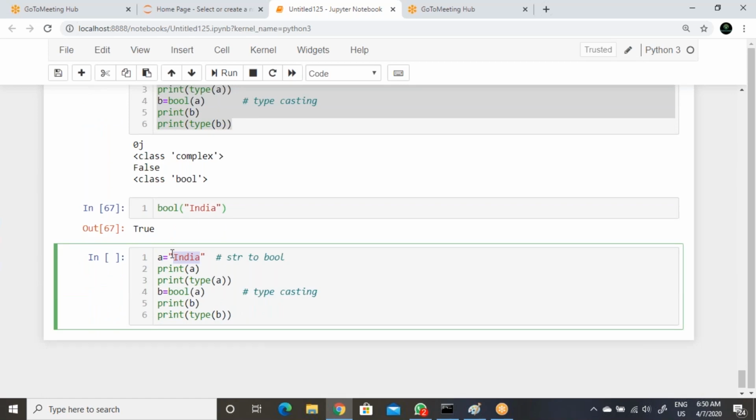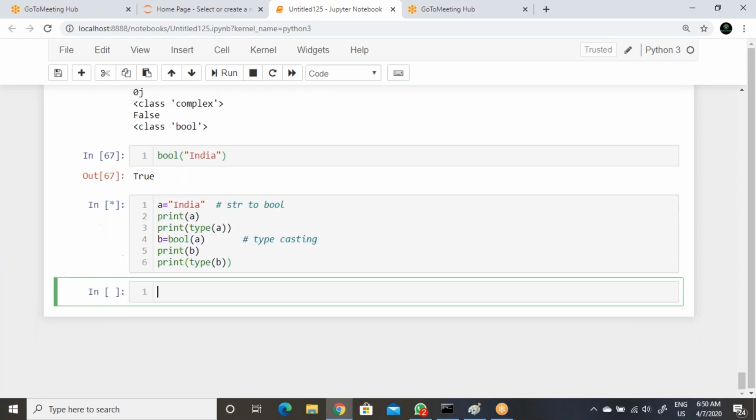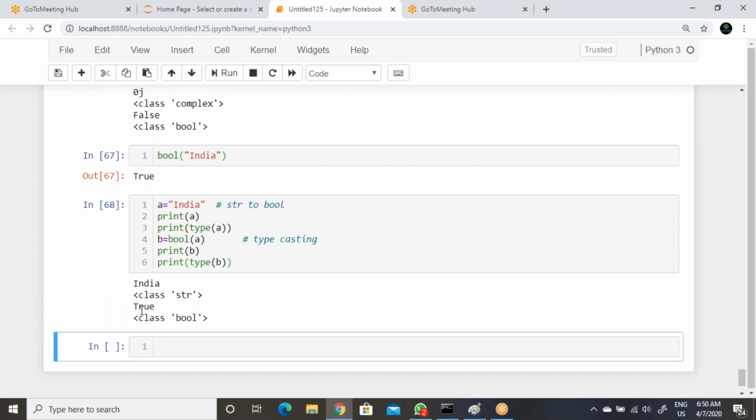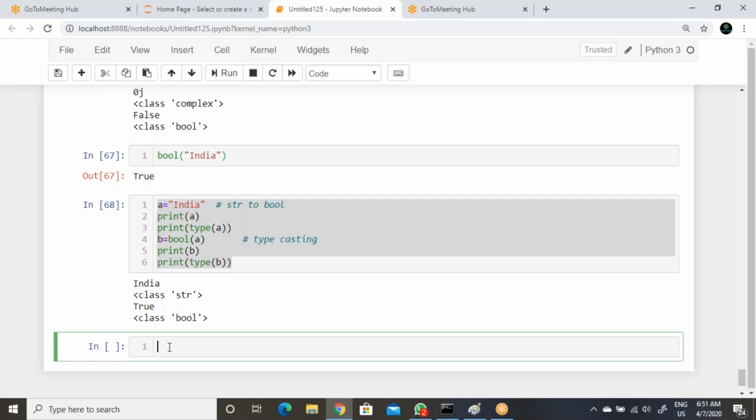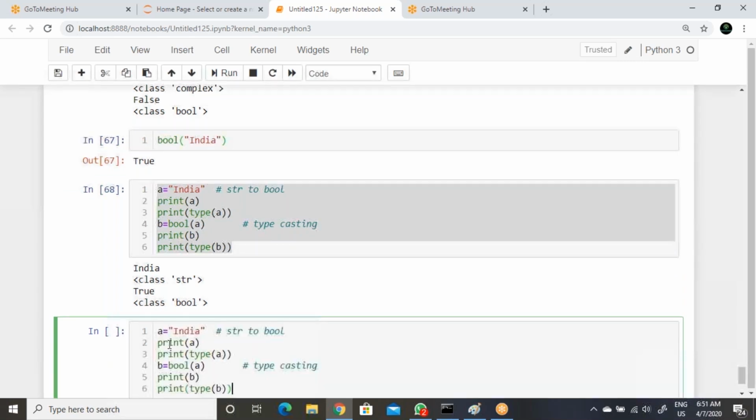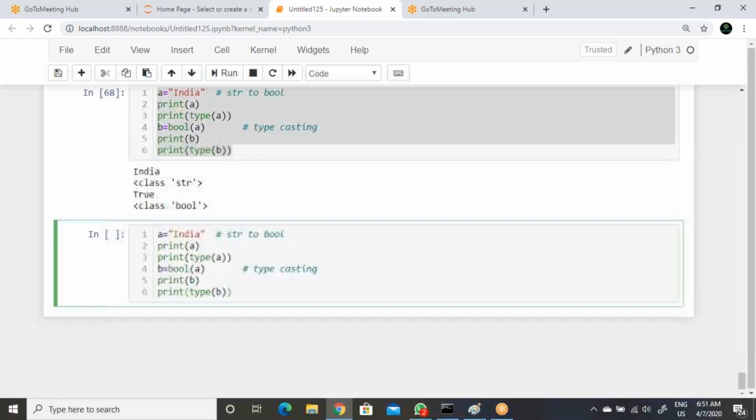Now make sure, if you give, in the quotes in front, you don't have any space. Let's give one space. So like this. Space is also a character in Python. Then they will ask what is the output here. They will write a, then give one space here. So what is the output, either true or false? You can expect true, because space is also a character in Python. They will consider it.